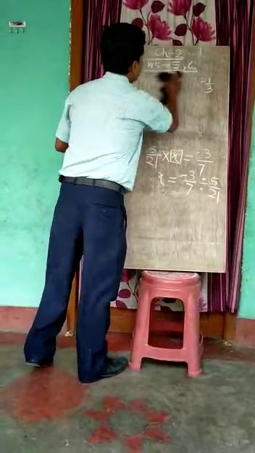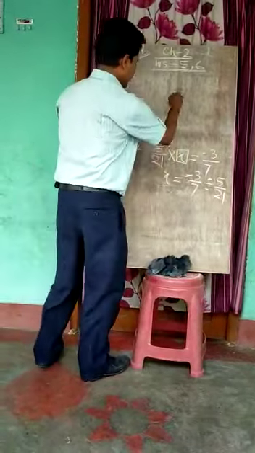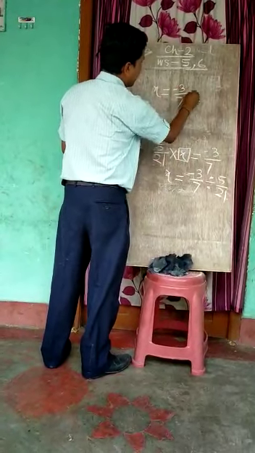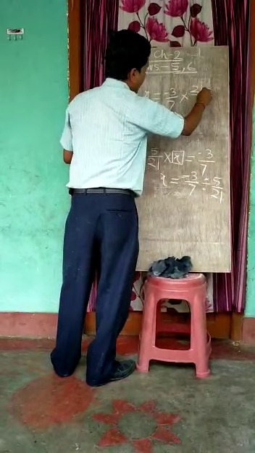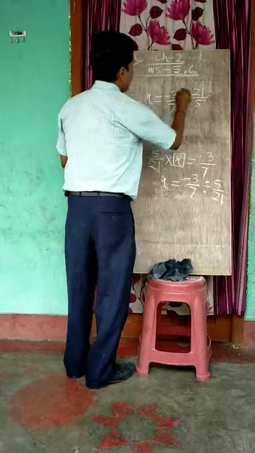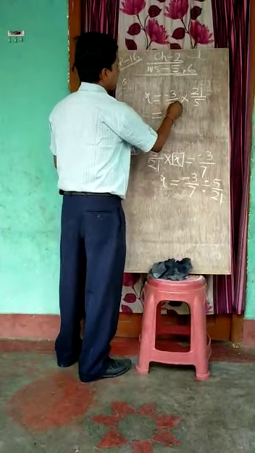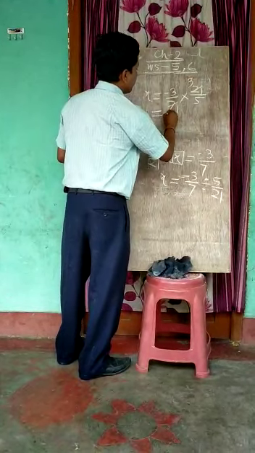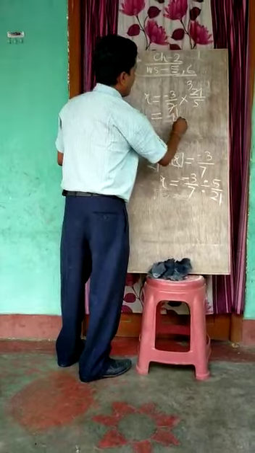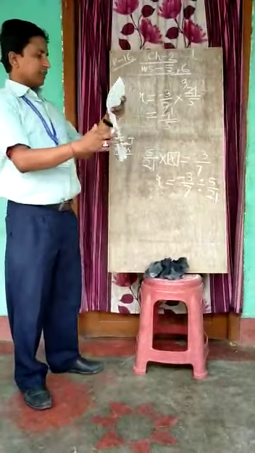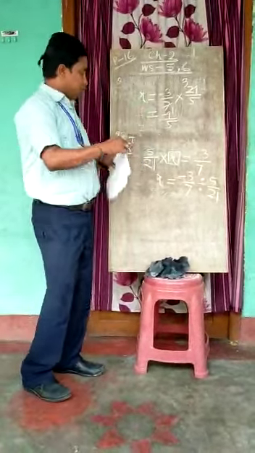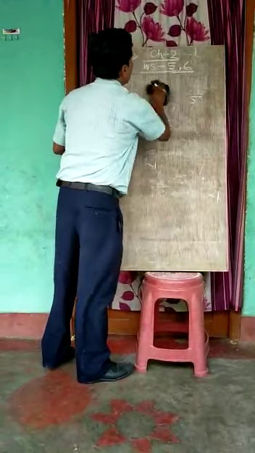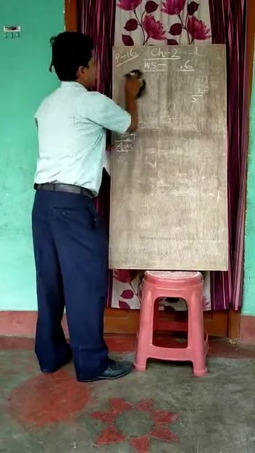Now you solve it. How can you solve it? x equals -3/7 into the reciprocal of 5/21, which is 21/5. Now you can reduce it. 7 ones are 7, 7 threes are 21, so -3 into 3 gives -9/5. This is your answer. Now I am going to solve the sum problems of worksheet 6.